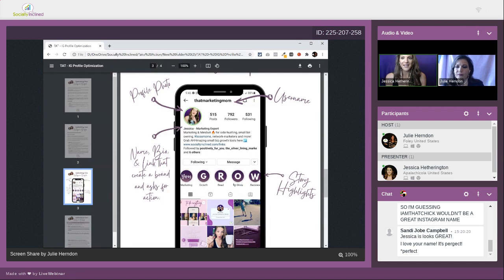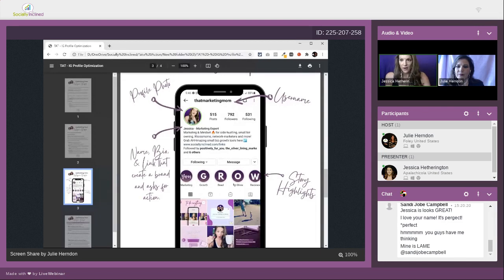It should not just be Sandy 32914, or something that it might be if you're just on Instagram to keep up with your friends from college, or if you are a mom and you're just posting pictures of your kids for the grandparents to see. Your handle needs to start the conversation and say that you are someone more than just a consumer on Instagram. You're going to hear me say that several times today because that's what's going to set you apart.